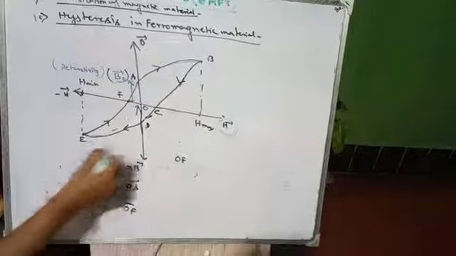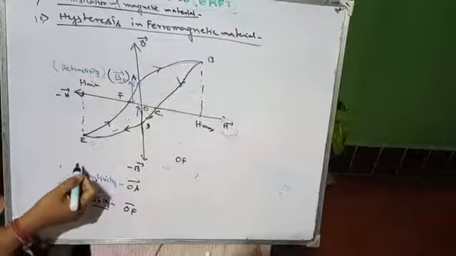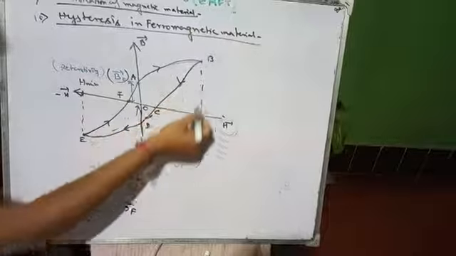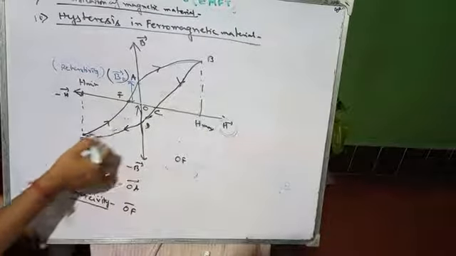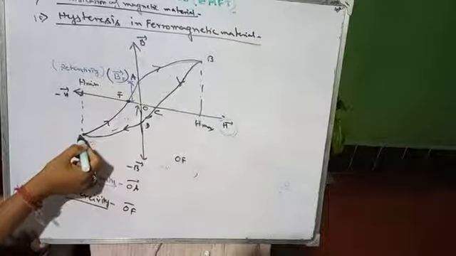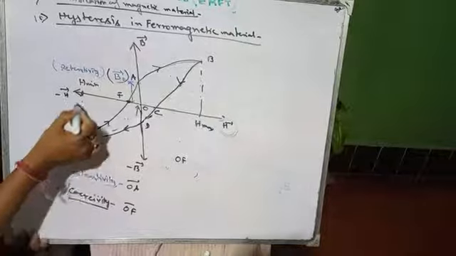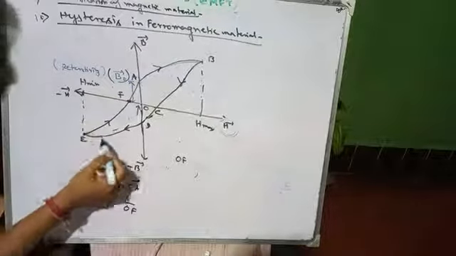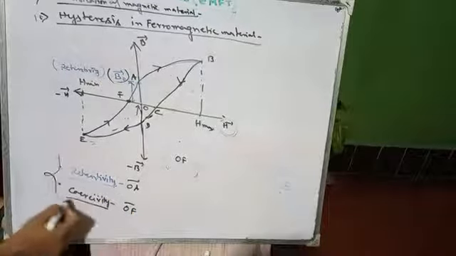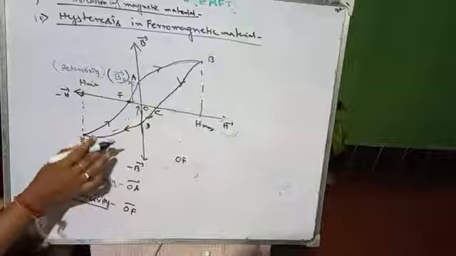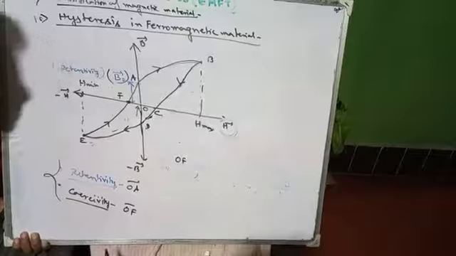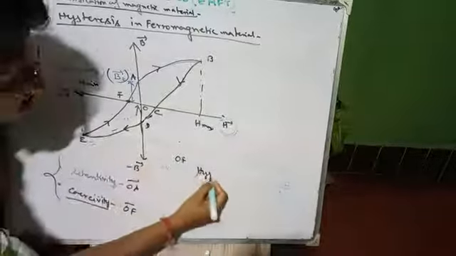So this loop is called the hysteresis loop. Once it is magnetized and demagnetized, here the magnetization is fully complete, and here the demagnetization is fully complete. If we again reach a negative value, it will reach its negative magnetization with respect to the applied magnetic field. That means retentivity and coercivity are the two terms for this hysteresis, and this curve is also called